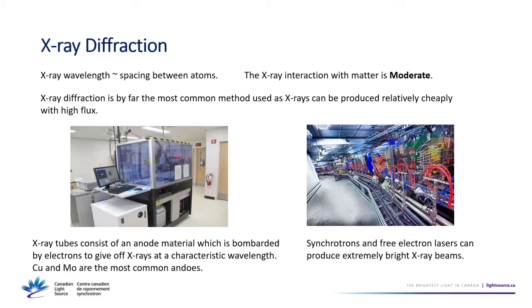X-ray diffraction I won't say too much about because that's the topic of the rest of this workshop. When you're using photons to do diffraction, X-rays are the wavelength you're interested in because they have a spacing that's about the same or smaller than the separation between atoms. The other important thing to note about X-rays is their interaction with matter is moderate. So they scatter kind of strongly compared to electrons and neutrons. And X-ray diffraction is by far the most common because you can produce X-rays relatively cheaply